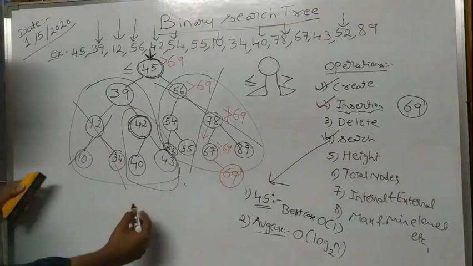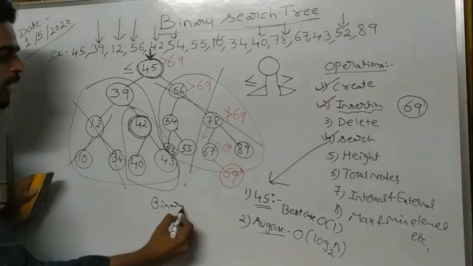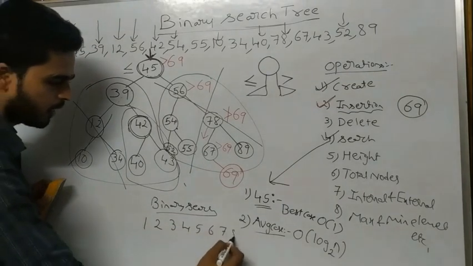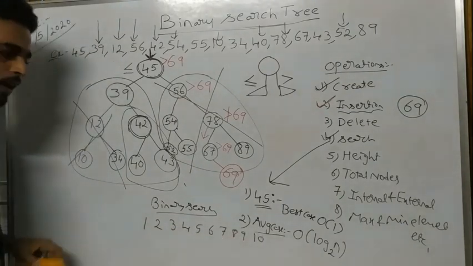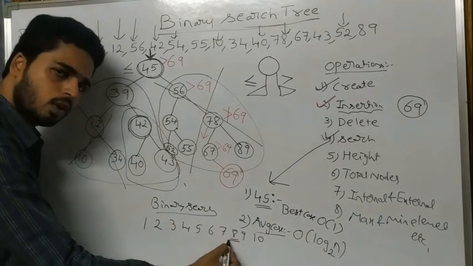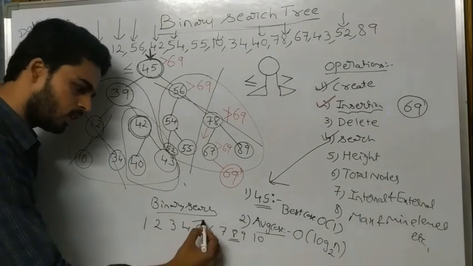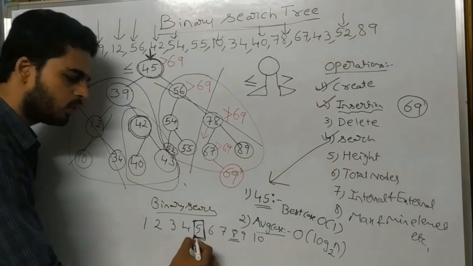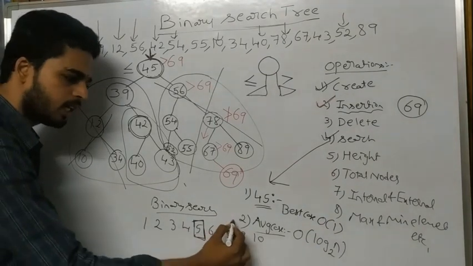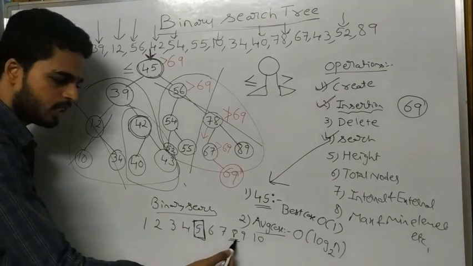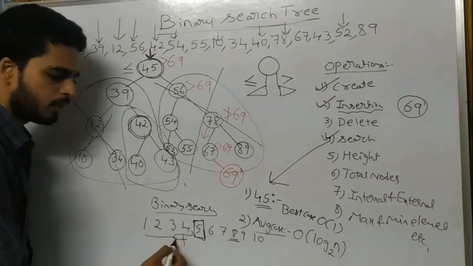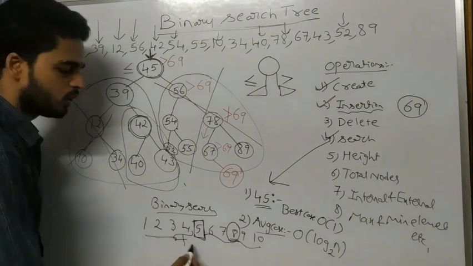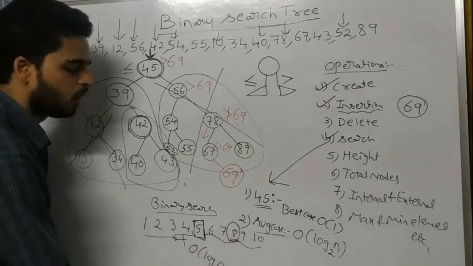If you observe, it is similar to the binary search operation, right? In binary search, I have the values 1, 2, 3, 4, 5, 6, 7, 8, 9, 10. If I want to search for the value 8, first you are going to find the median value. Based upon this middle value, I will identify whether my element is present on the left side or the right side. If my element is present on the right side, I am going to skip n by 2 elements and go for the right side operation. Then once again you find the middle element, then you go for the process. So there also you get the time complexity of big O of log n base 2.